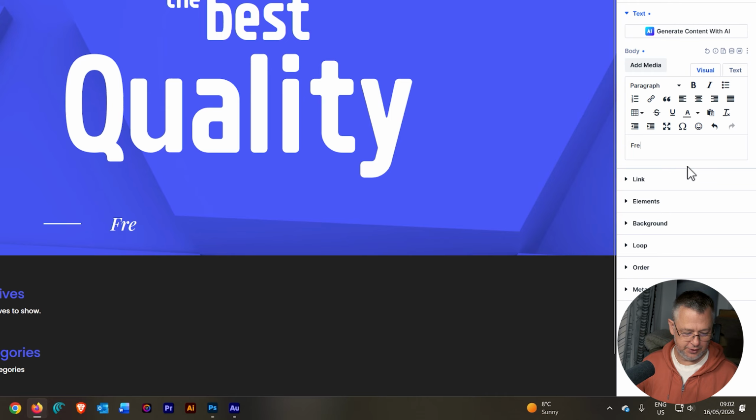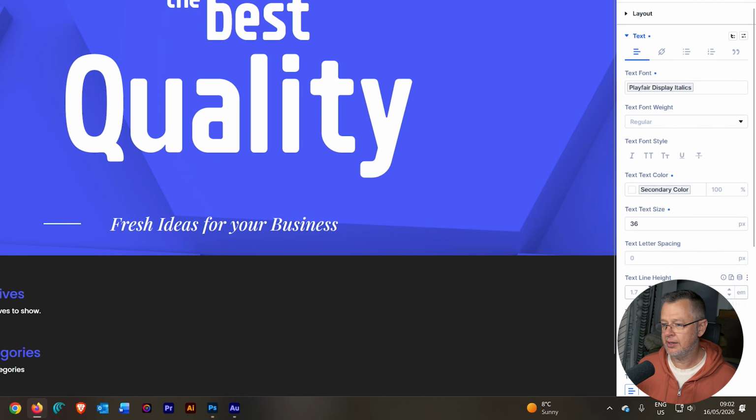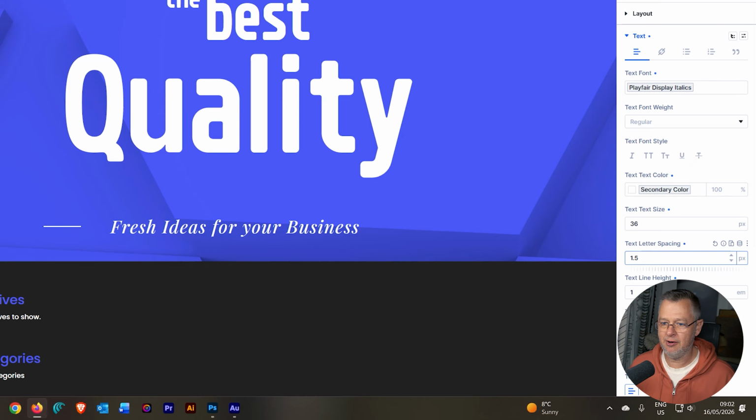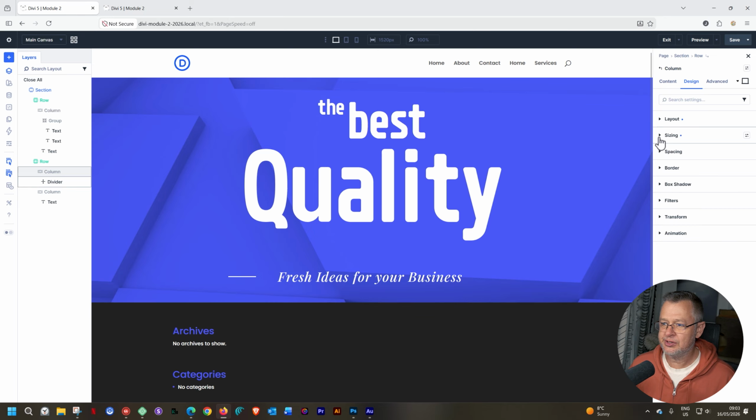We say fresh ideas for your business. And again, you see that box isn't at 1M. Design, text, line height, 1M. I think we'll also give it a little bit of letter spacing at 1.5 pixels. Nice. Go to the left column within the row, column on the left hand, select it, go to sizing, and